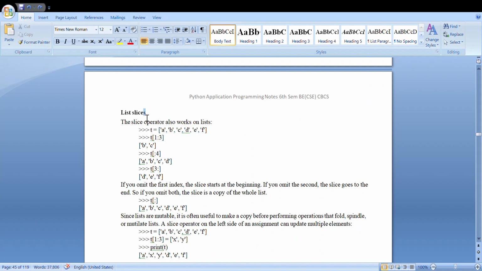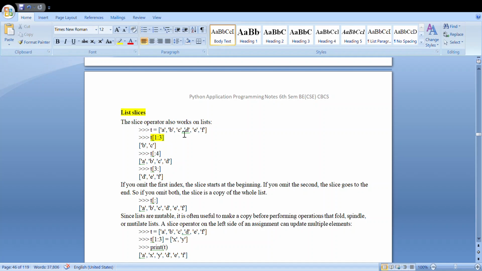And next is the slicing operation. This slicing we have already understood in the concept of strings, and the same thing works well with lists also. Assuming there's a list called T with the characters A, B, C, D, E and F, if I apply slicing T[1:3], it means you are applying slicing from index 1 to 3, meaning 1 to 3 minus 1, which is 2.